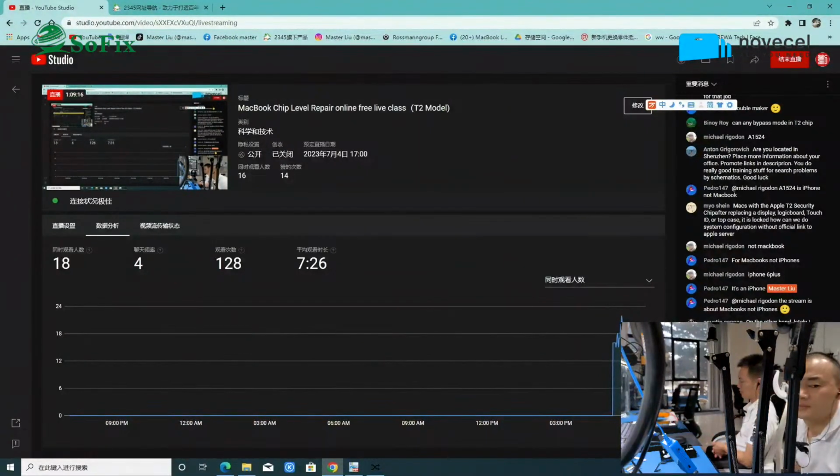M1 Pro is A2442, and A2 is M1 and M2. For these two models you must remove the two chips from the original screen and move them to the other screen. M1 Pro and M1 Max and also M2. For the others, for example the T2 and M1, you don't need